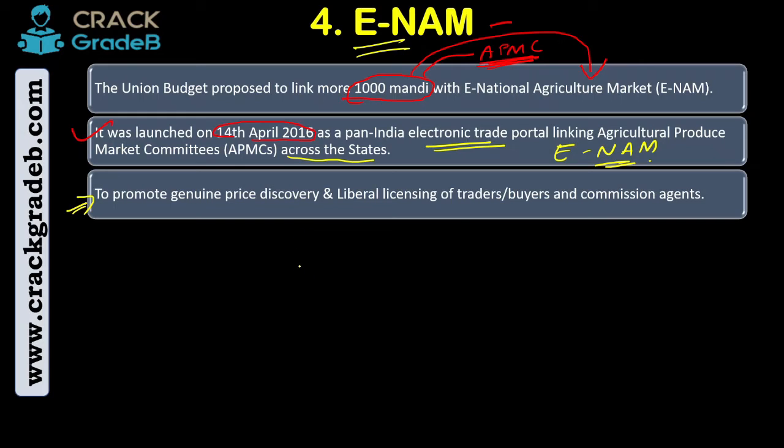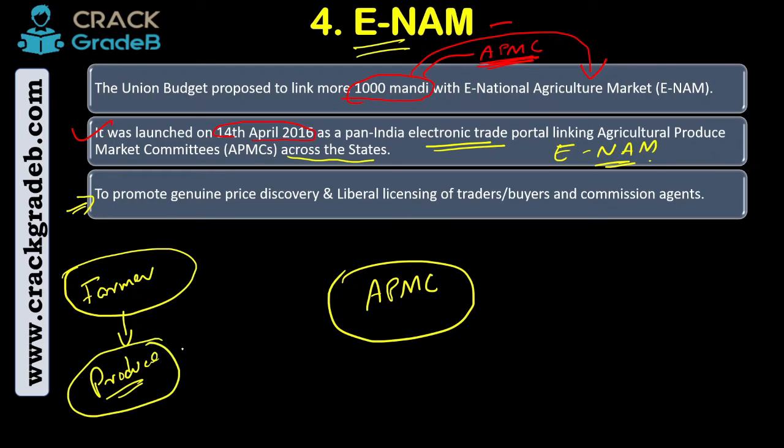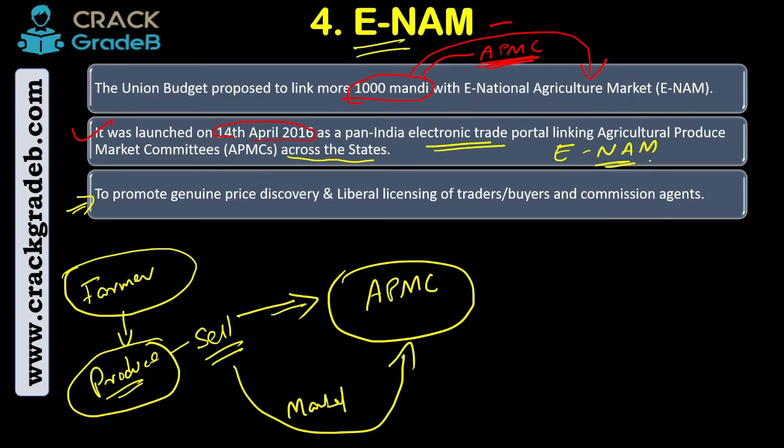Now let us understand what is APMC, right? In very short, let us understand this. Let's suppose this is a farmer. So what will the farmer have? The farmer will have his produce, meaning whatever he produced. Now he needs to sell somewhere. So APMC is a market. APMC acts as a market. So the farmer goes to APMC and